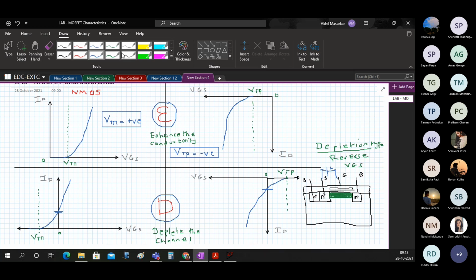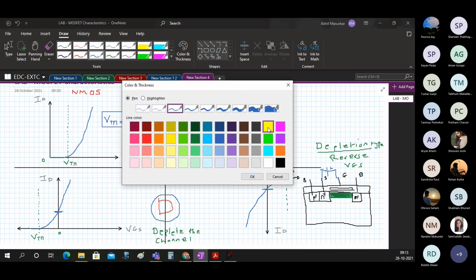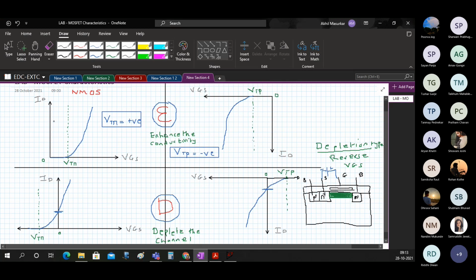So just naming some regions here for our sake. So this is cutoff and this side would be linear or saturation. Similarly, this is cutoff and this side would be linear or saturation.